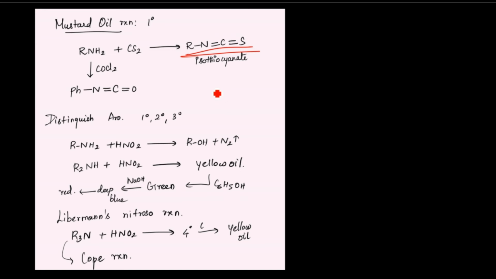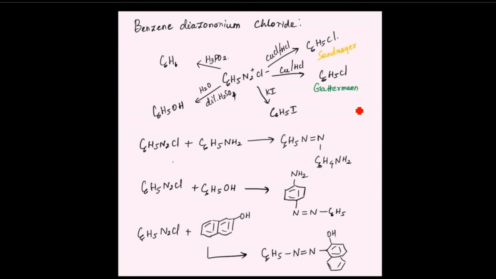This is the reaction with nitrous acid. Nitrous acid is nothing but we are treating nitrite with acid. So these types of transformations you can expect. Then finally, benzene diazonium chloride. Sandmeyer reaction, Gattermann reaction, Balz-Schiemann reactions. These are important. And one more reaction I wanted to tell you, that is